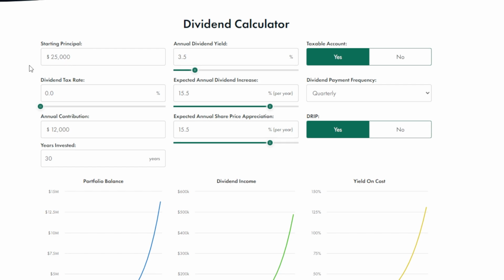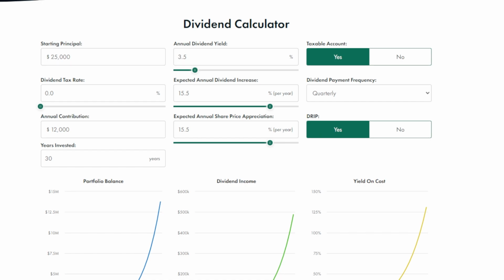So with a starting principal of investment of $25,000 invested into SCHD, and with the annual dividend yield of around 3.5%, which is more or less what SCHD is offering right now. Now, including the expected annual dividend increase for SCHD at around 15.5% and an annual contribution of $12,000, which means this investor in theory would be adding around $1,000 more into SCHD every single month, with the dividend payment frequency quarterly and DRIP turned on,